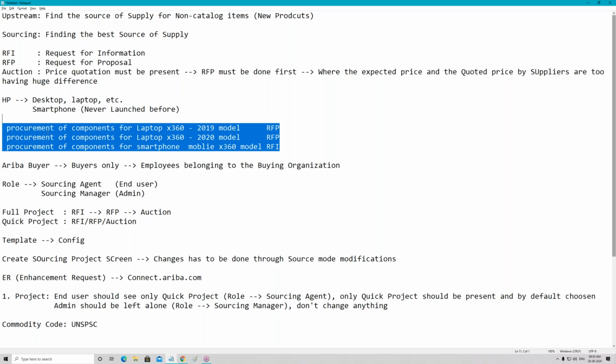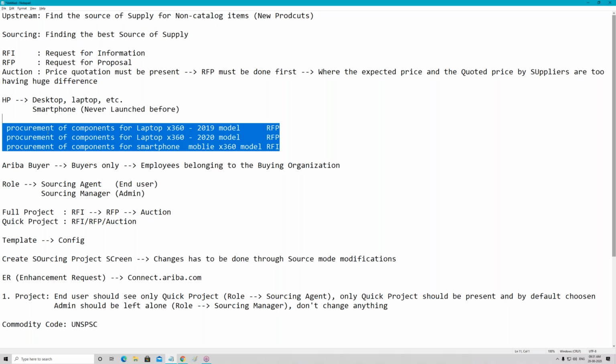Similarly, they will create an RFQ, right? Who is creating this RFQ? The purchaser. So the purchaser, the end user, is nothing but the buyer in Ariba. End users in ERP log into the ERP site and create an RFQ. Here they are creating a sourcing project with event type RFP. The same thing is happening here.